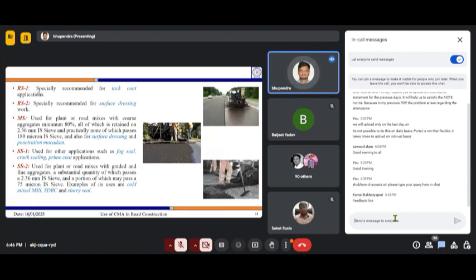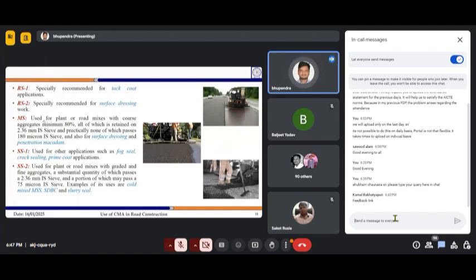then this rapid setting 1 emulsion is recommended for tack coat application. So when we apply the tack coat, we use this rapid setting 1, which you can see in this first figure. Rapid setting 2 can be used for surface dressing purposes. Here you can see in the second picture that surface dressing is being done, and for that purpose, rapid setting 2 type of emulsion can be used. One thing you will notice is that the emulsions having less viscosity are used for smaller work, and where the viscosity increases, that is used for more major work.